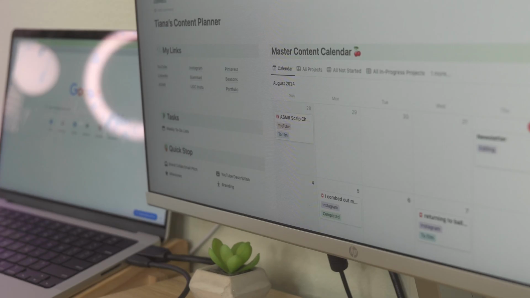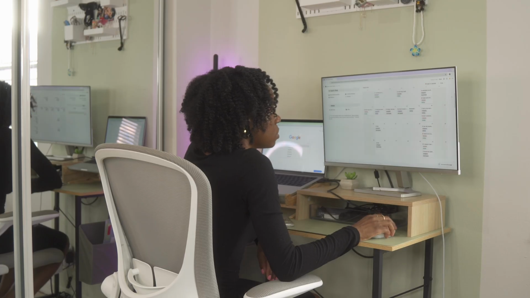Planning out content is essential to being consistent and growing on social media, and I want to show you the planner I use to organize my life as a creator running 2 YouTube channels, kind of, sort of, an Instagram page, and how you can use it for yours too. My planning process usually looks like an idea, the title, and then the actual content, and I finally made a template where I can put all of that and more into one place.